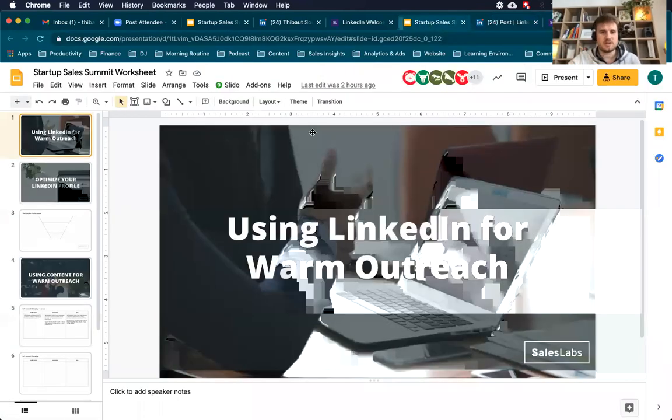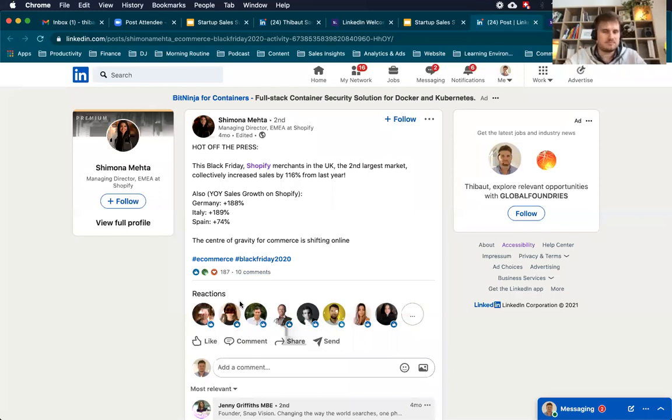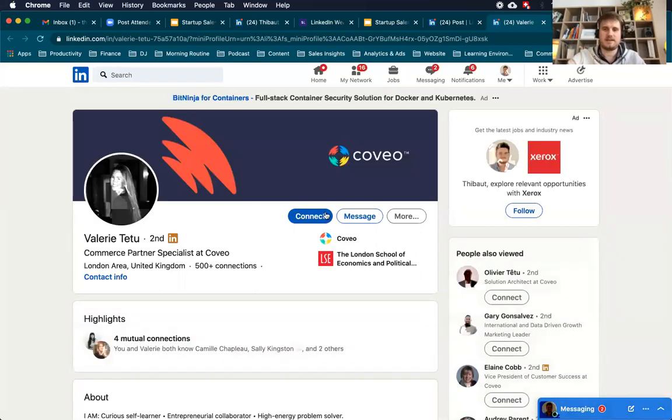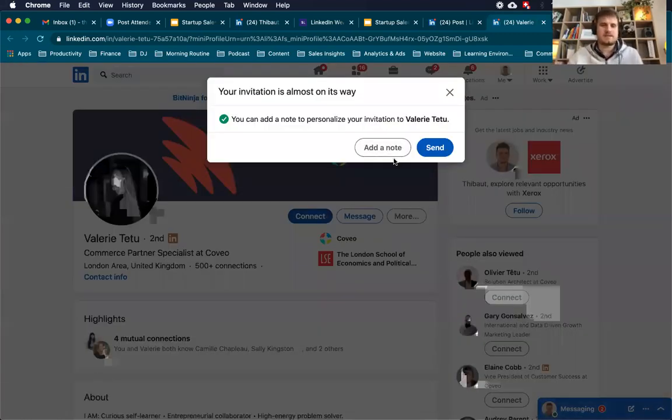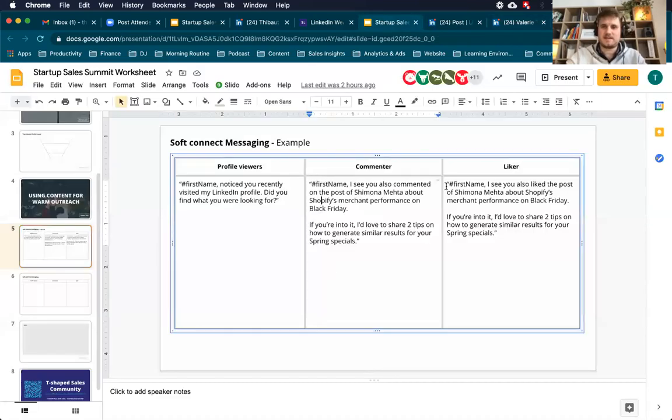Now if you go on the worksheet, I've created this kind of soft connect messaging, as I call it, which are small messages you can send to get the attention of your prospect. Say I found 20 interesting people out of these 187. I can click on one, let's say Valerie, as an example, and click on connect here. Then instead of saying, hey Valerie, let's connect, or, hey Valerie, I have this amazing thing I want to sell to you, you can click add a note, and then you say something like this: